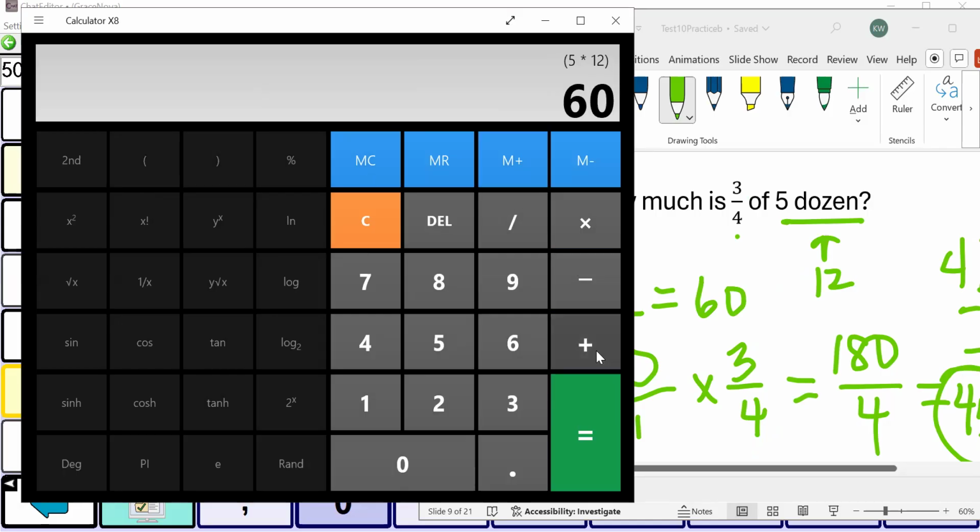And we want 3/4 of that. So we can multiply by 3 divided by 4. You could do it that way, which is also 0.75, or you can multiply it by 0.75, and you get the answer is 45. All right,